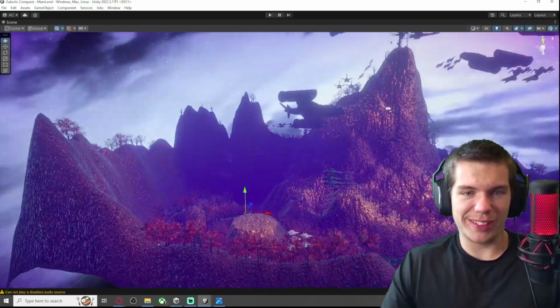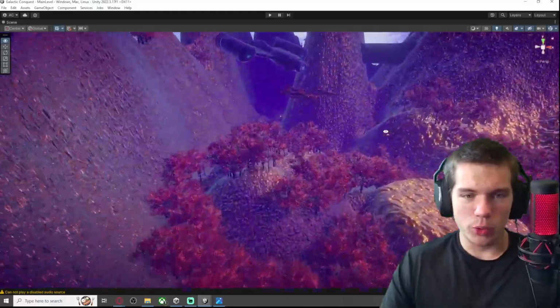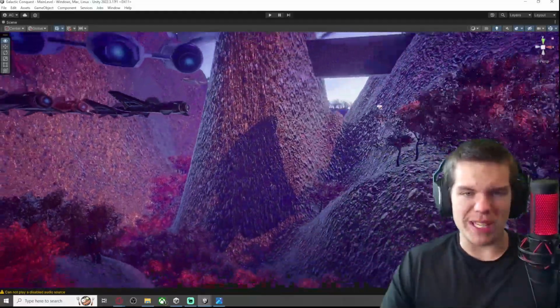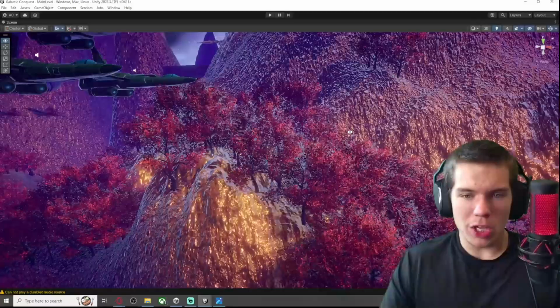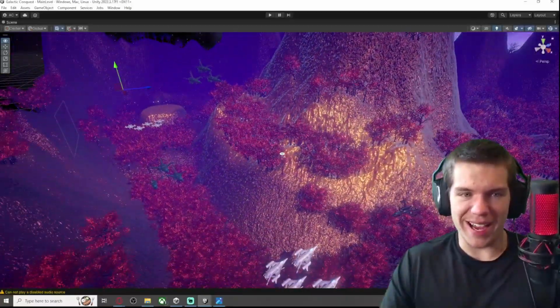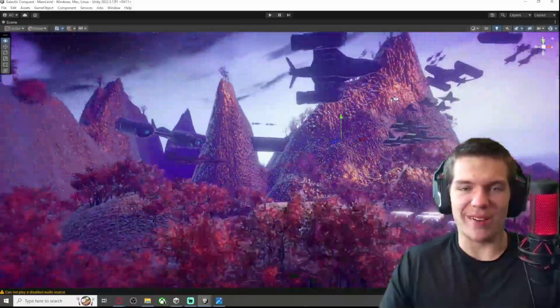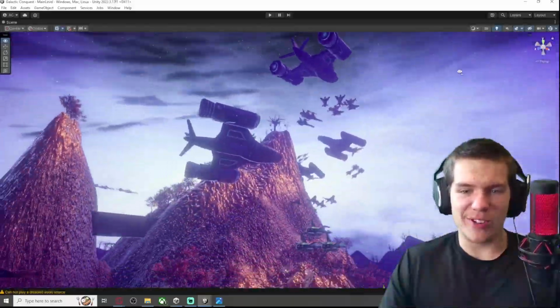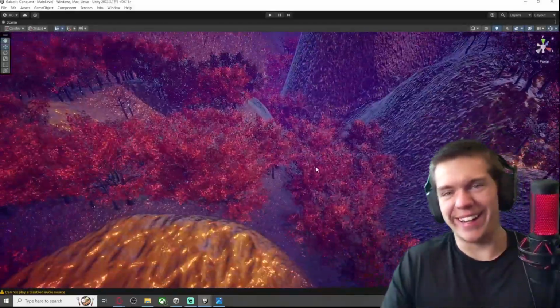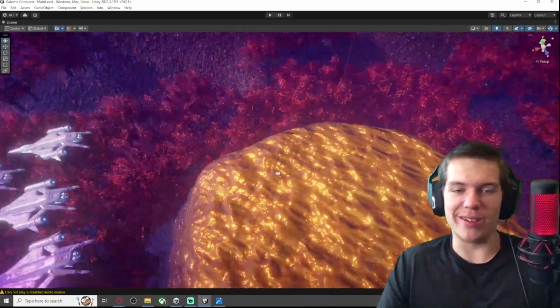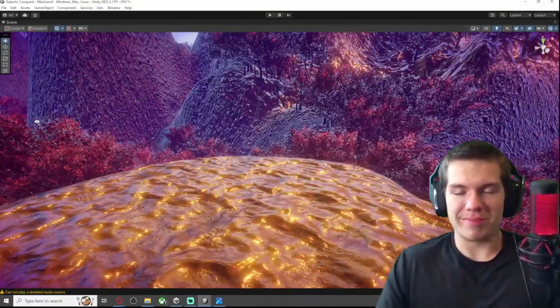We had this really cool skybox. We had this really cool purplish, metallic, rocky world with gold painted on the sides and stuff. And I was like, that'd be a really cool look for a game. So that's what we have, and you can see all these different ships and stuff, and I'm really happy with how this one turned out. I'm just proud of how it came out.